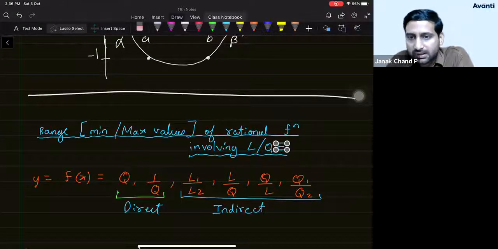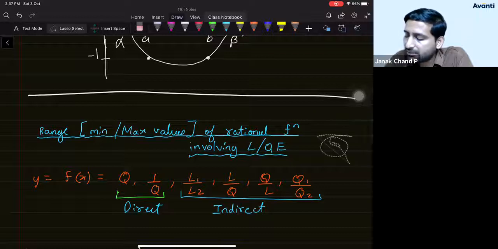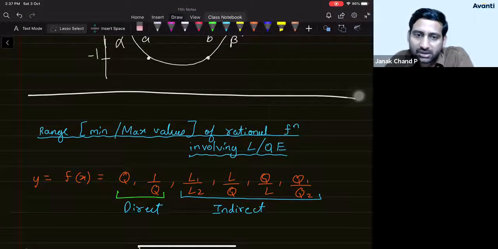So what are we going to learn in this, student, right? You might have already learned in the chapter called relation and function what is meant by a rational function. A rational function is a function which is nothing but ratio of two polynomials. If you divide one polynomial equation by another polynomial equation, that ratio is called a rational function. Now we are talking about the rational function only, but not of a random thing. It may not be of cubic, biquadratic, etc. We are restricting our discussion only to the involvement of linear and quadratic. Okay, not bigger than that.